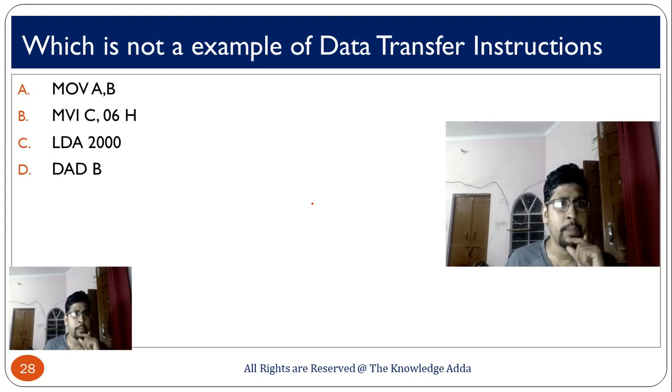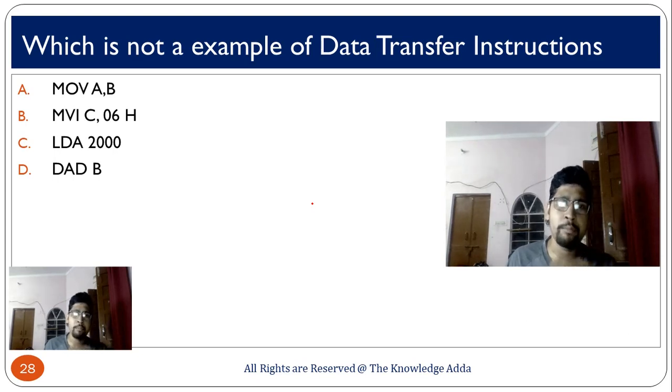So this is an example of data transfer. MVI C, 06 means we are storing 06 in C. This is also an example of data transfer. LDA 2000, we are transferring the content of 2000 into the accumulator. So this is also an example of data transfer. But in case of D,